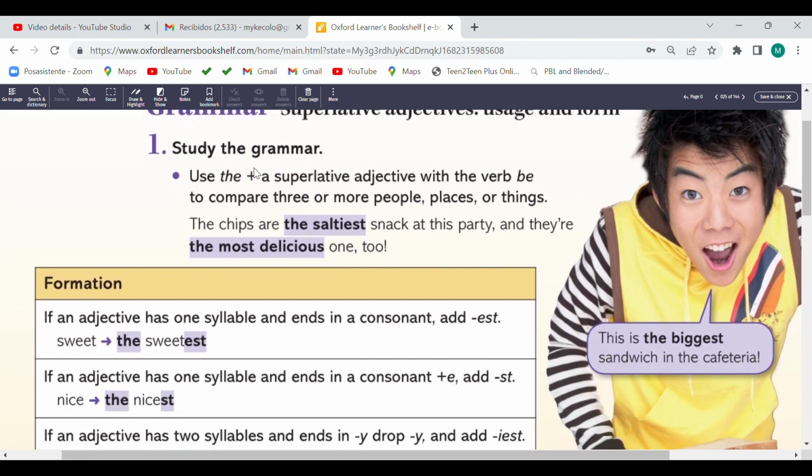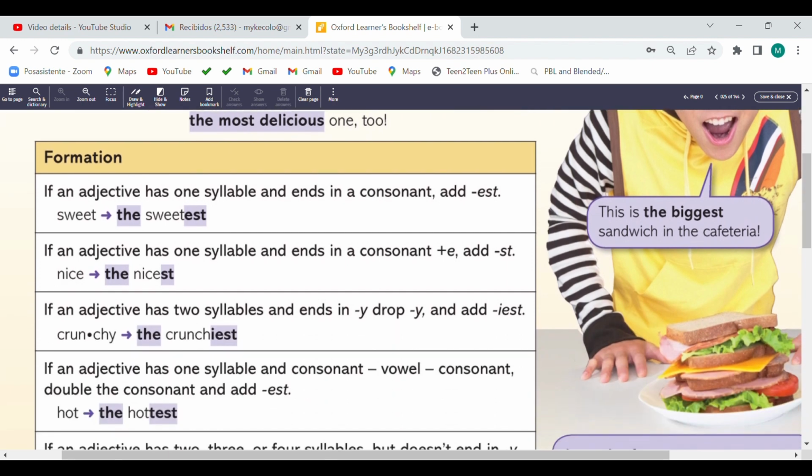Use the plus a superlative adjective with a verb be to compare three or more people, places, or things. Well, we always have to use the and then the superlative. Saltiest snack at this party. And they're the most delicious. And we are going to use est for these, right? And when the adjective has more than 3 syllables, we use most. Let's check this part.